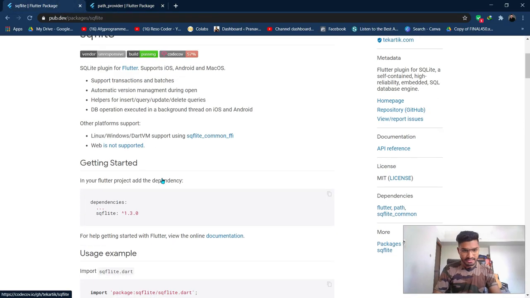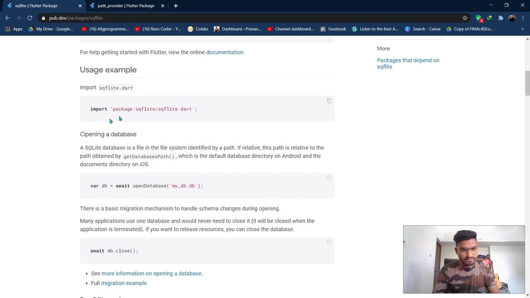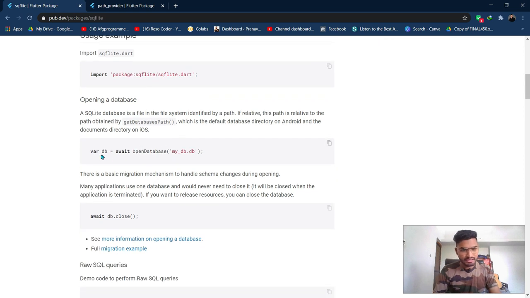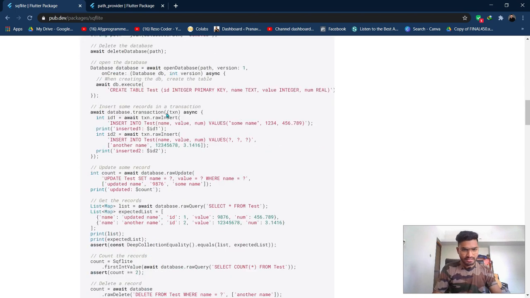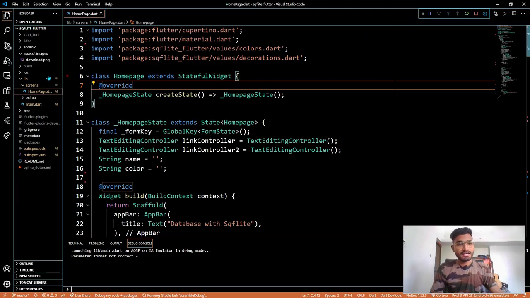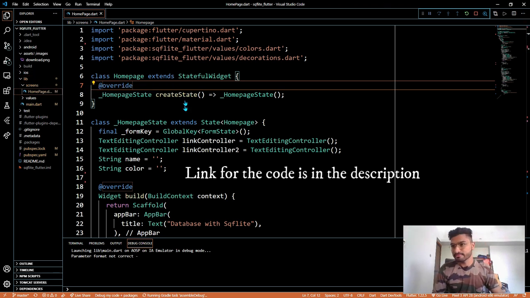My project is still running, so let me do one thing. What we will see is, we have to import the dependency, and then this is the code for opening that database so that an instance is created in this db variable, and this is for closing and all the other things. I will explain this with the help of my database helper class. I have already made it, so I will copy it and paste it in this lib folder.